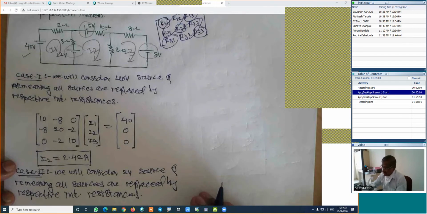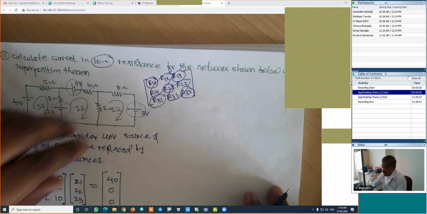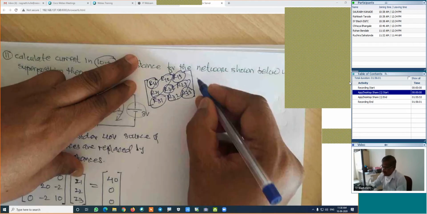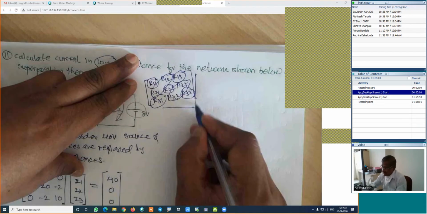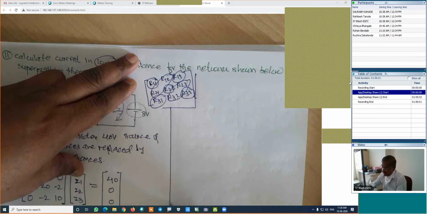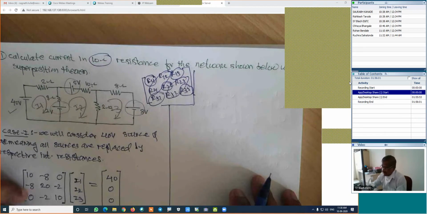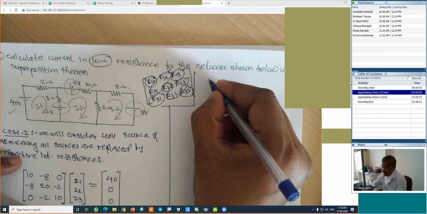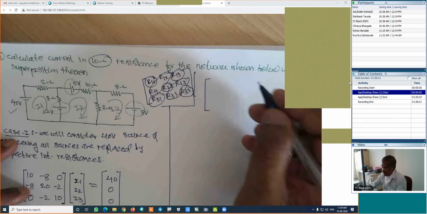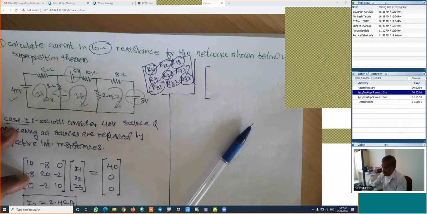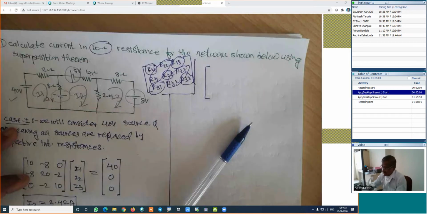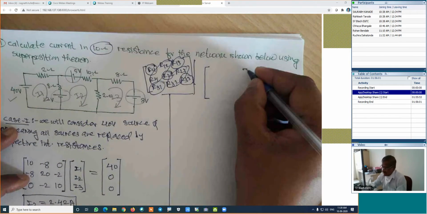Respective internal resistances. Now again, I will not draw the figure, but I will prepare the matrix directly. How will be the matrix? I will draw here. In this case,